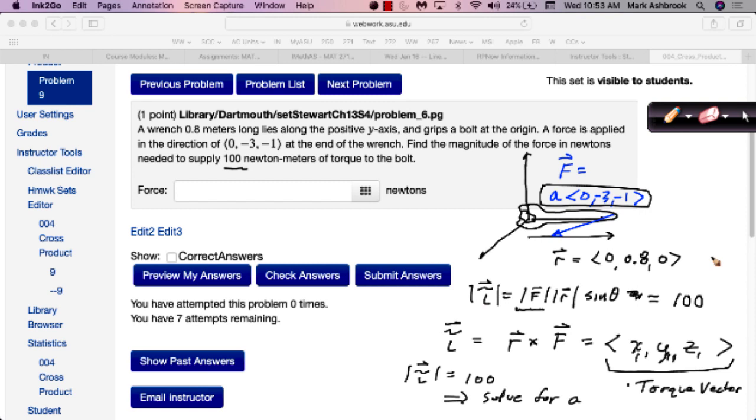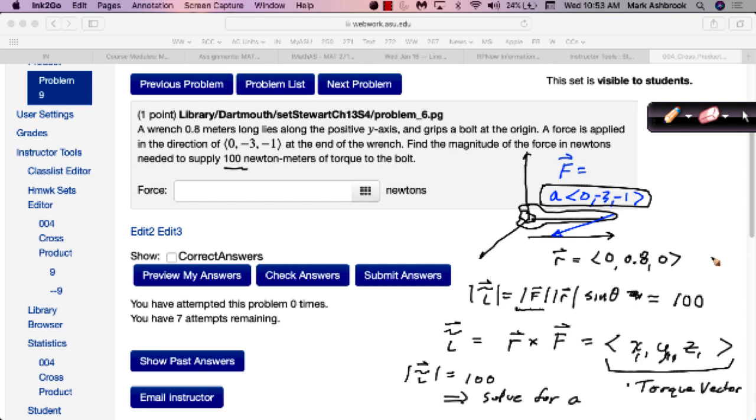Any questions? Does it help? Yes, sir? In this scenario, how would you find F? How would you find the F if A is the cross product, right? No, A is this scalar on the direction of F that when multiplied together gives you the F vector. This is only the direction of F. This is just the direction of the force being applied. We don't know how long that vector is or how much force there is. So you would just find its magnitude? I'm kind of unclear on how you solve